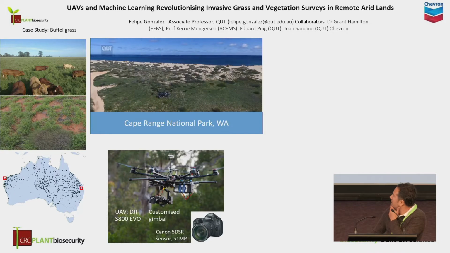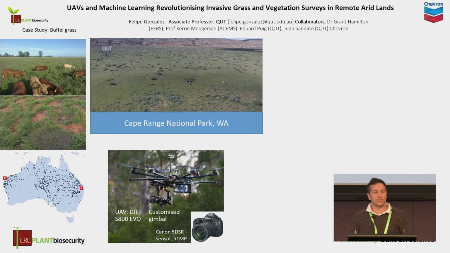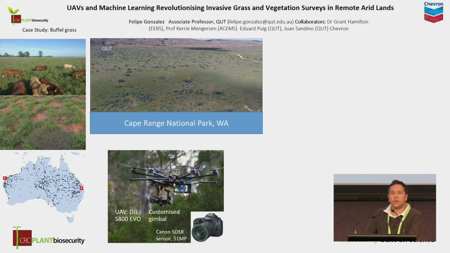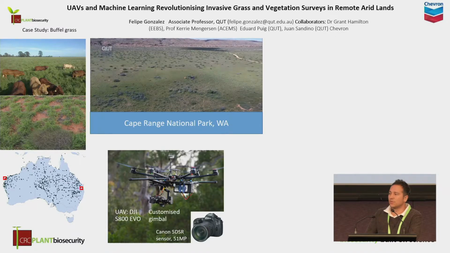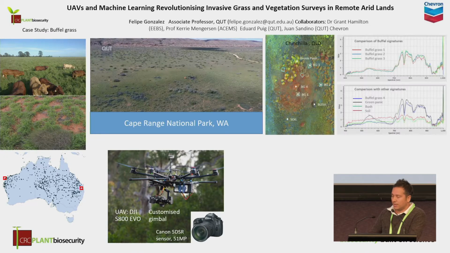So that's the type of environment at Cape Range National Park. We use a multi-rotor drone with a high-resolution camera about 60 meters above ground to be able to see if we were able to detect buffalo grass. And then we also did it at Chinchilla, and there's really big difference between the environments at Chinchilla and Western